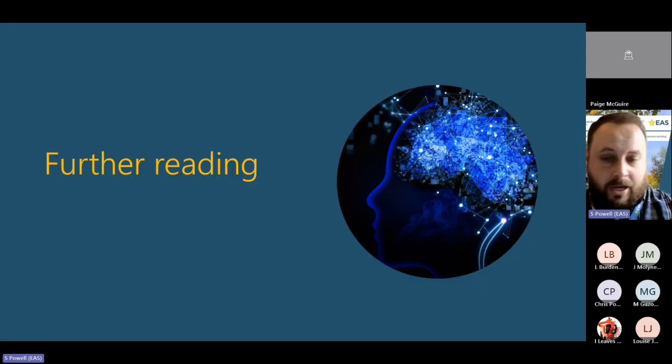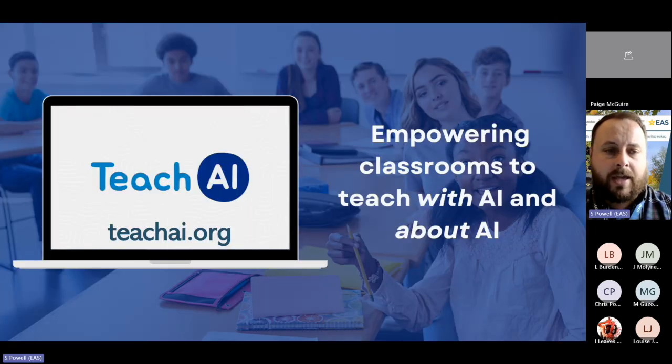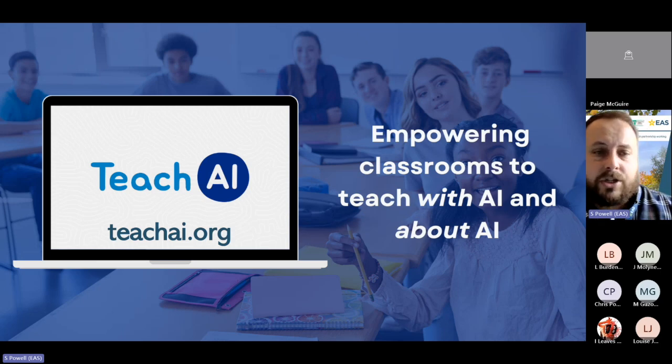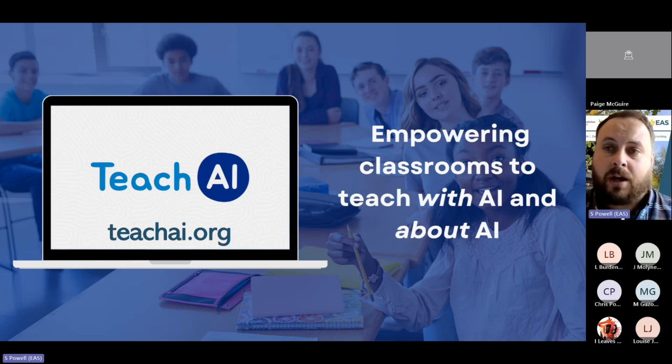So off the back of this session, if you do want to do a little bit more reading and find out a little bit more around artificial intelligence, again, I would highly recommend the Teach AI website. So that's teachai.org. It's been put together by the team from Khan Academy, code.org, Amazon. A huge amount of big companies have got together and said, right, what do teachers need to know about AI? Here's some guidance, here's some principles. And the remaining sessions that we do will be built around the principles that they have suggested.